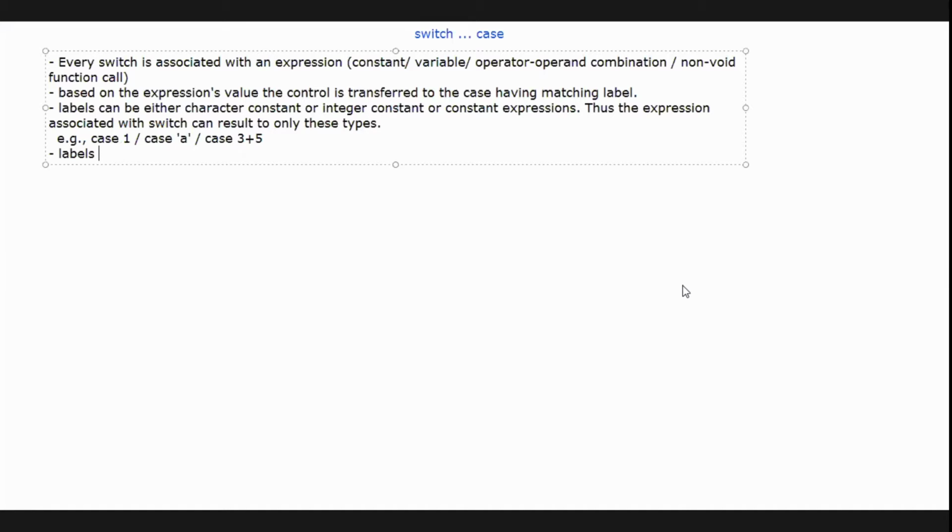Got it? Achha, labels cannot be floats and real numbers. They cannot be strings. They cannot be variables. Clear? Acha. Next.